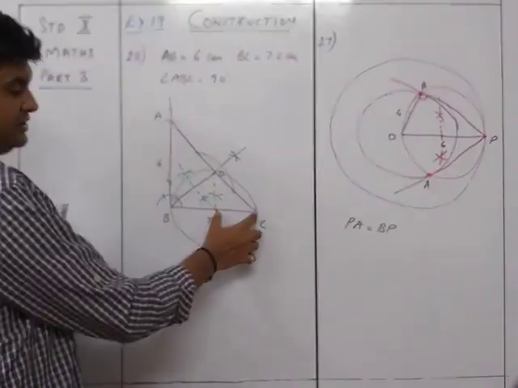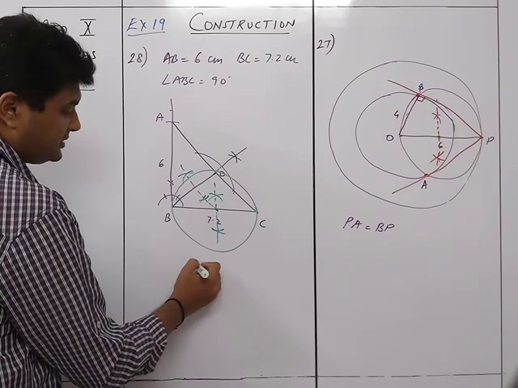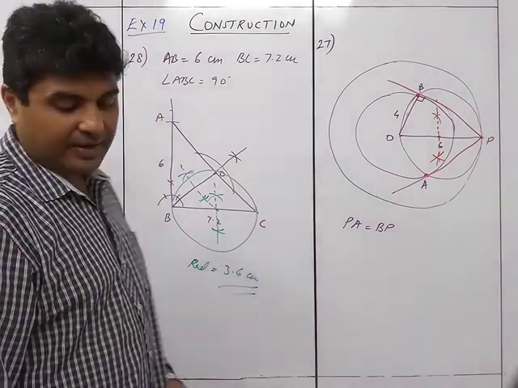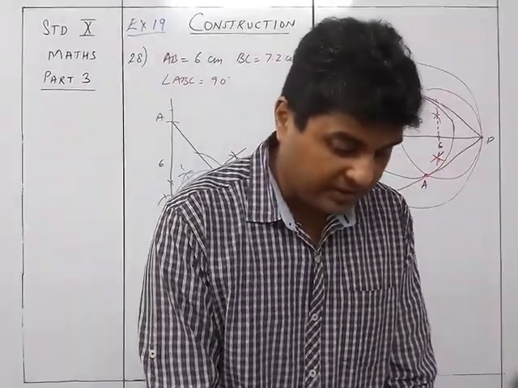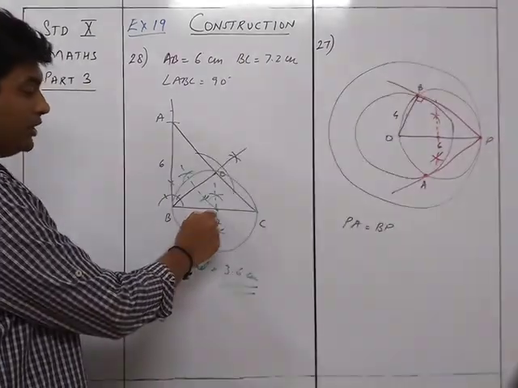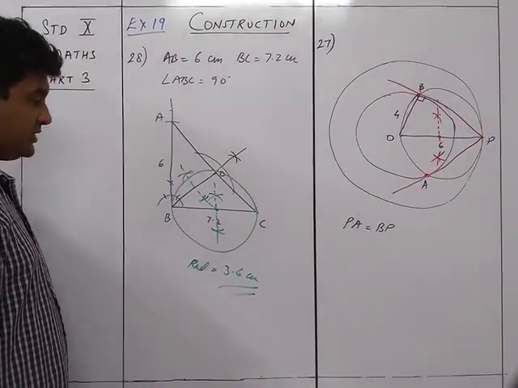So this is the required circumcircle, and of course for the length of the radius, you just need to find this distance, and it may be somewhere near 3.6. So radius is equal to 3.6 centimeters. Approximate. I'm just giving an approximate value. I'm not sure about this thing, but when you draw it, yeah, it is 3.6. Because it is exactly going to come on this particular BC at the center. So that's why you're going to get 3.6.